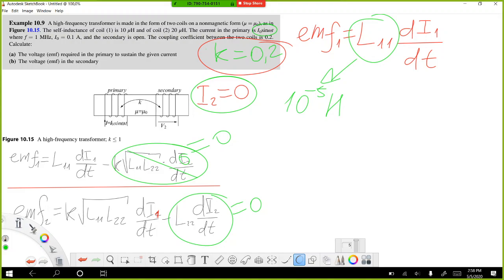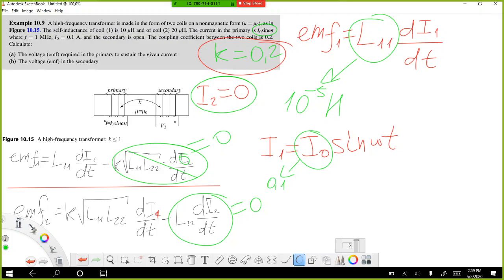Okay, first of all, let me write I1, which is equal to I0 sine omega t. Let me write in red. I1 equals I0 sine omega t. From the problem we know the value for I0, which is 0.1 ampere,